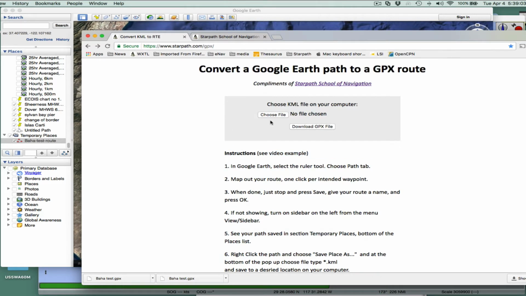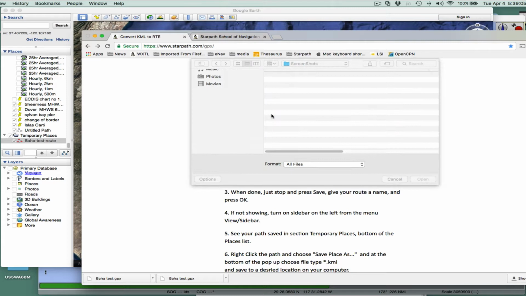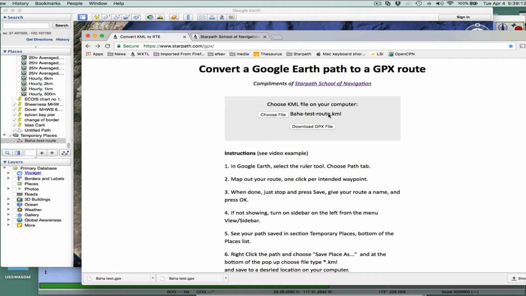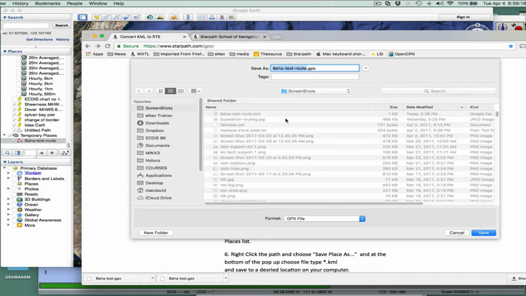Okay, so what you do now is you just choose the file, and that's it. Baja Test Route KML, open. Now it's written it down. That's the one it's going to convert. Now you download that. You just click the download, and I'll put it in the same place. It's going to be called that,